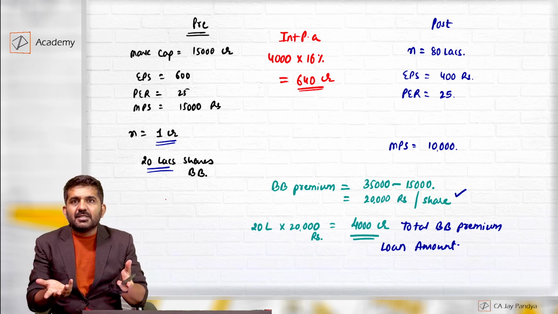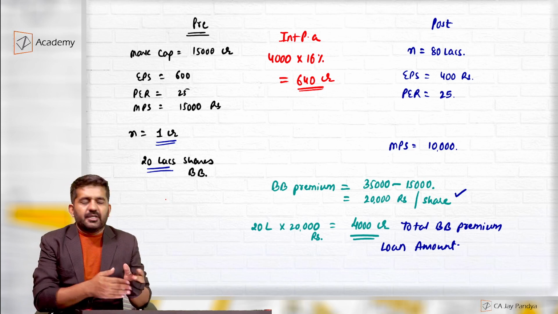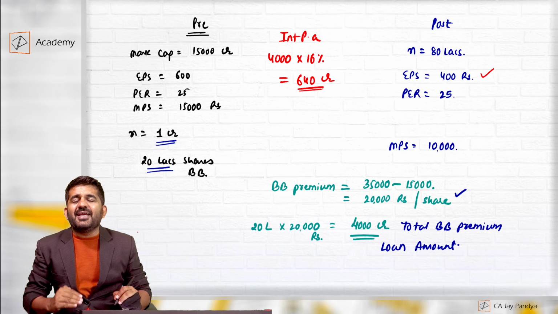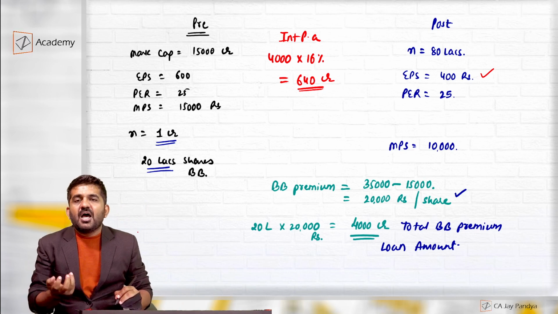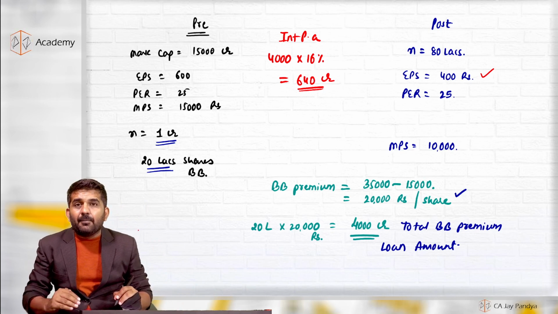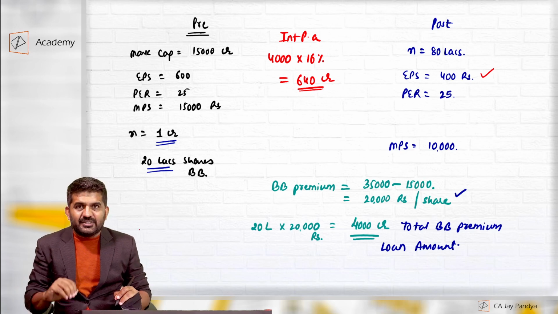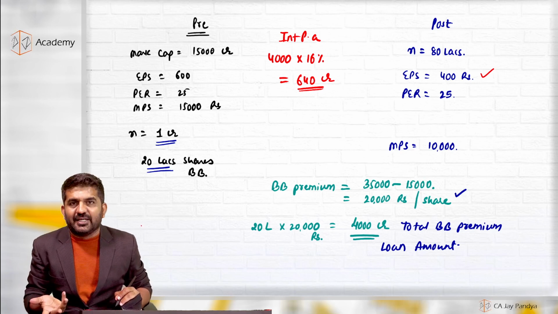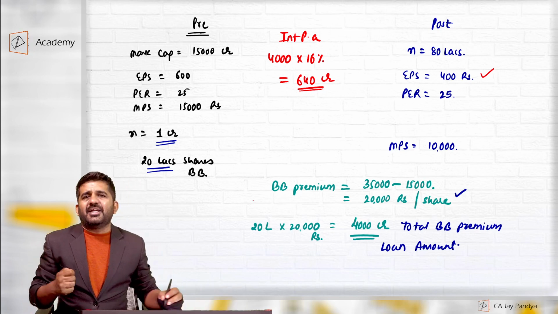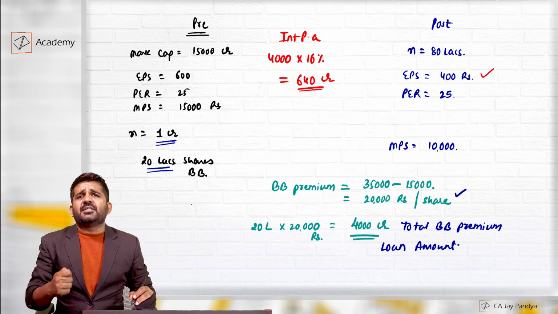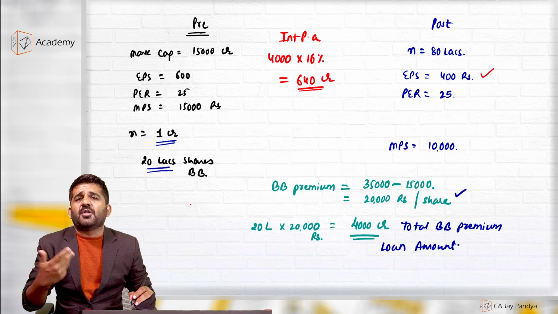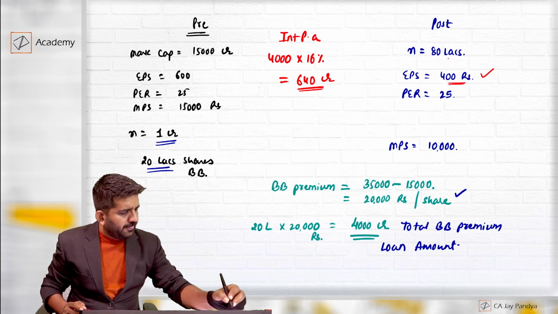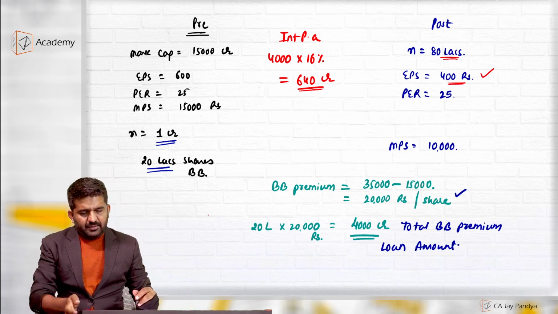It depends. What will be the earnings after 1 year? Sir, can't we take this earning? The answer is no. This is the immediate post-buyback earnings, so it might decrease, it might increase. Normally it will decrease because the cash reserve has decreased because of the buyback. So we cannot take this earnings. But let us assume that the earnings will remain the same after 1 year. So this is our earnings: 400 into 80 lakhs.